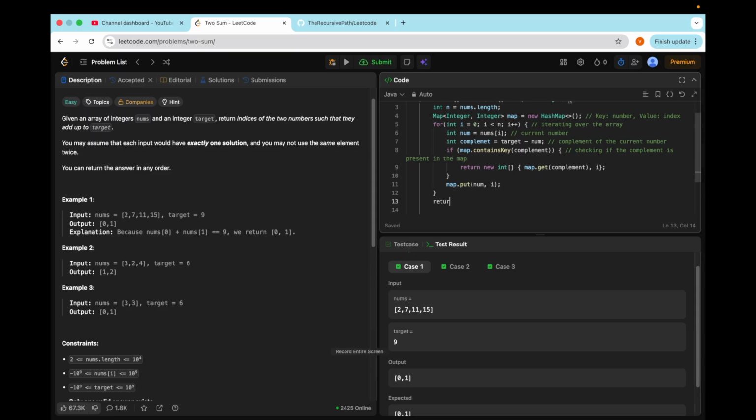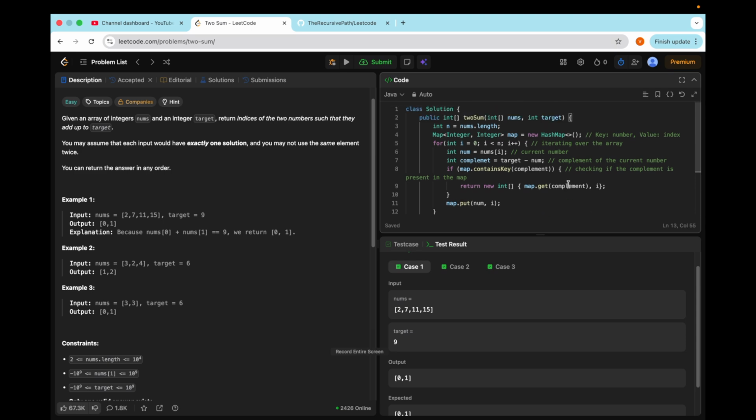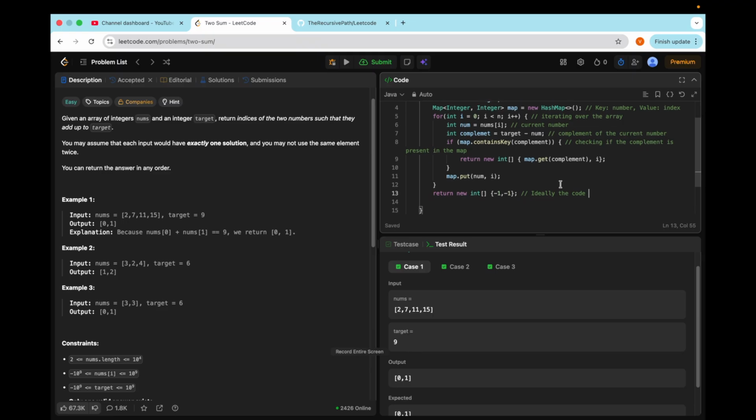And here I'm going to do the same thing, that is returning the array with values -1 comma -1. Again, this is just for the code syntax, because it is returning an integer array. Ideally the code should not reach this return,